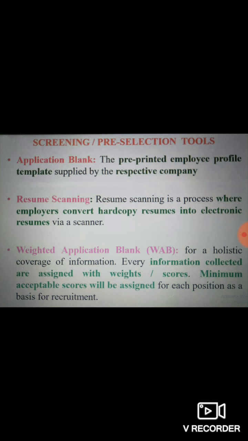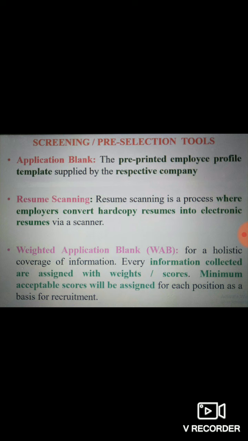You will get a score accumulated at the end of the application. That's how every item that you are giving with reference to your specific relation, you will be giving data, and each data that you give as input will get a score added to the previous one. Likewise, at the end of the weighted application blank, your accumulated score will be the parameter on which you are selected or not for further selection process.